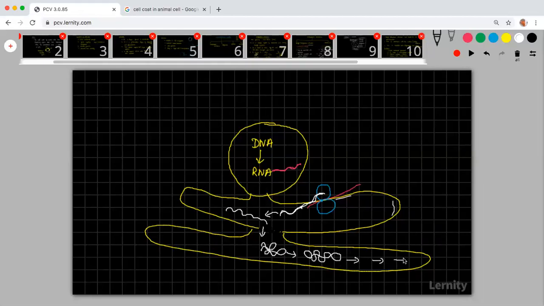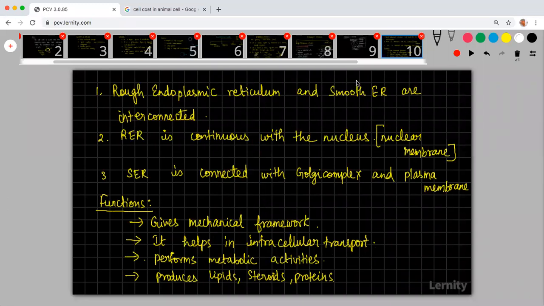So this endoplasmic reticulum is going to be a passage where your proteins are getting folded. Protein transport molecules, let us say that steroids are produced. The steroids will be transported through this particular endoplasmic reticulum only. Let us say that the lipids are produced. Lipids are also transported through what? This endoplasmic reticulum. So this endoplasmic reticulum is playing an important role in the intracellular transport.